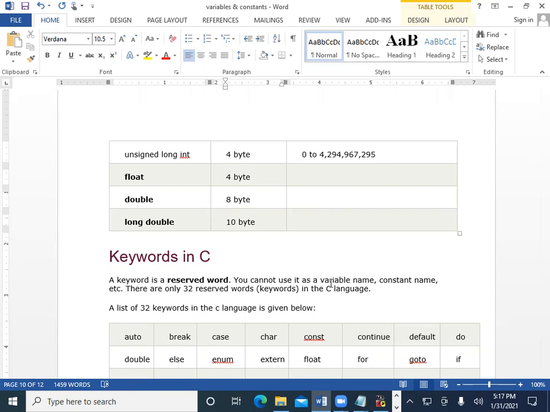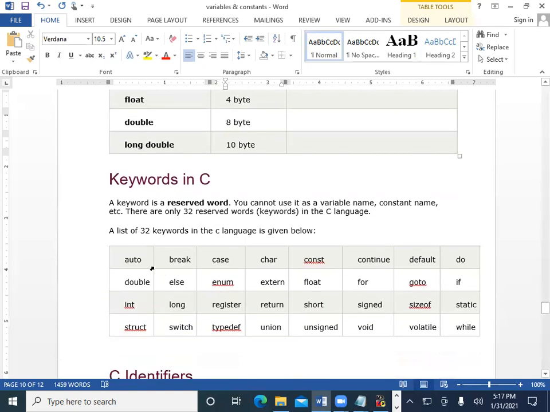So the list of 32 keywords in the C language are auto, break, case, char, const, continue, default, do, double, else, enum, extern, float, for, goto, if, int, long, register, return, short, signed, sizeof, static, struct, switch, typedef, union, unsigned, void, volatile, and while. These are the fixed 32 keywords used in the C programming language.